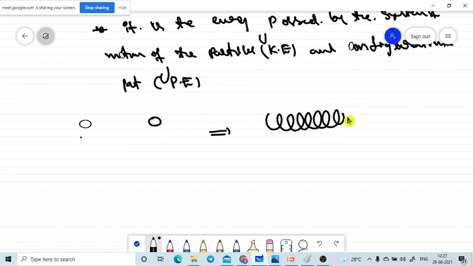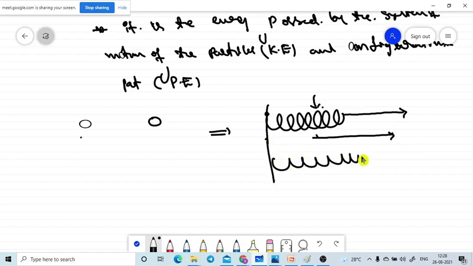If one end of the spring is attached to a rigid support and I pull the spring forward from left to right, what will happen? The spring will be elongated. I did some work, and this energy is stored as potential energy of the spring. How do we know the potential energy of the system has increased? If we release the spring, it will go back. Are you getting it or not?